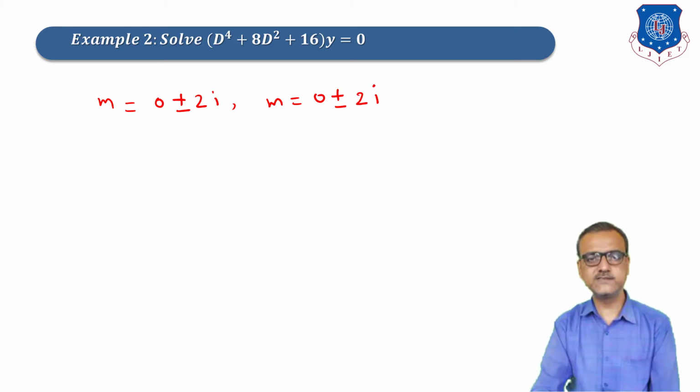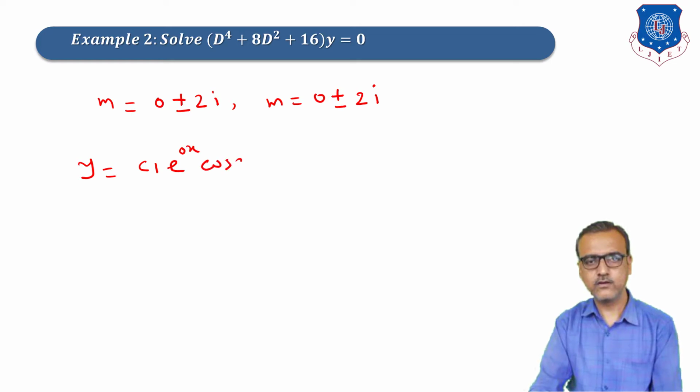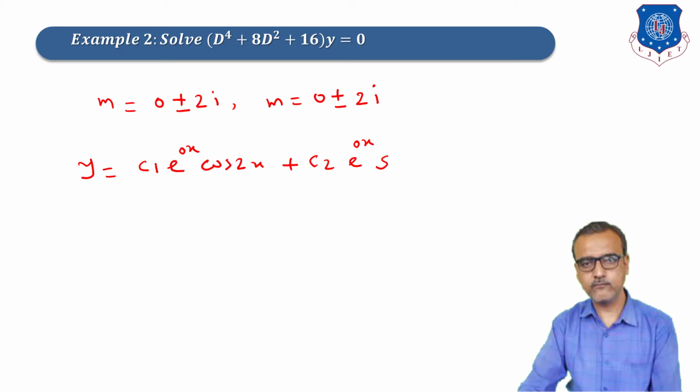Now based on these values of m, we will write down the general solution, that is y equals c1 e raised to 0x cos 2x plus c2 e raised to 0x sin 2x